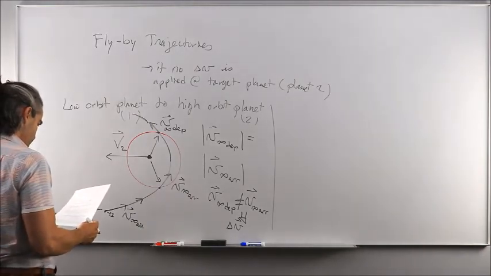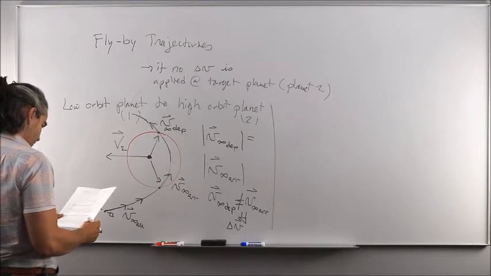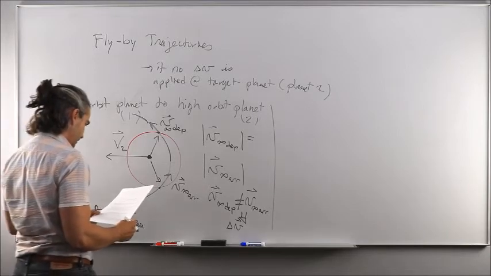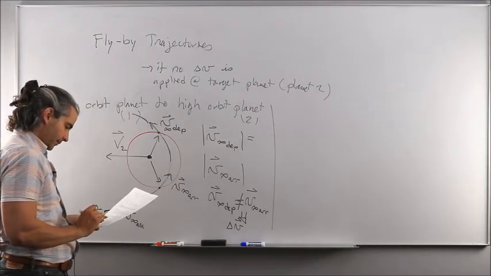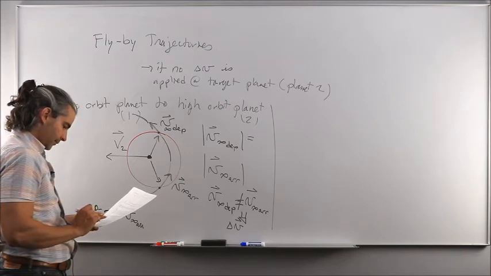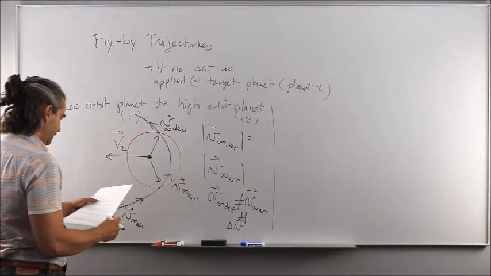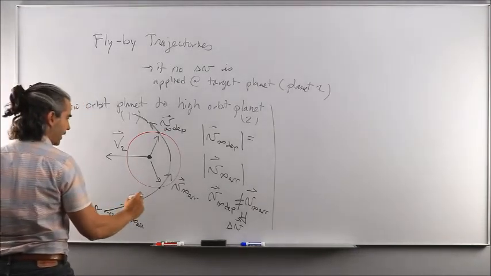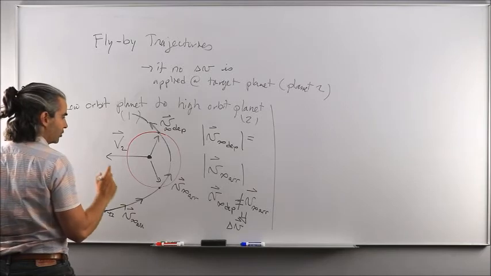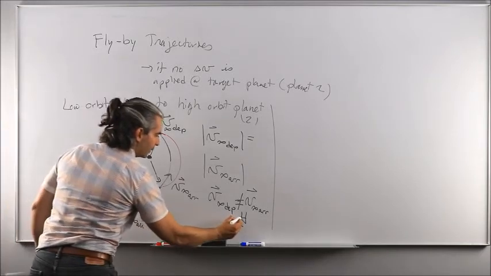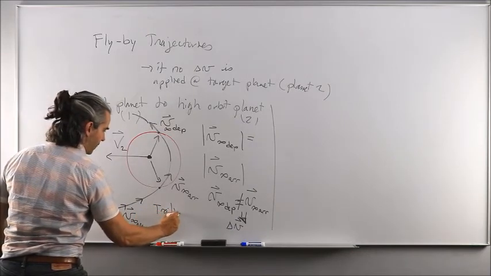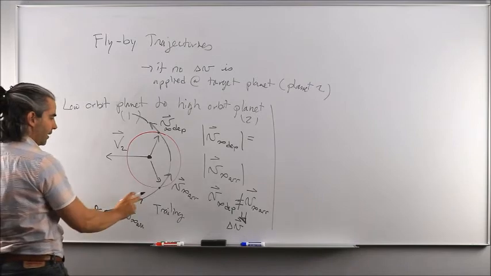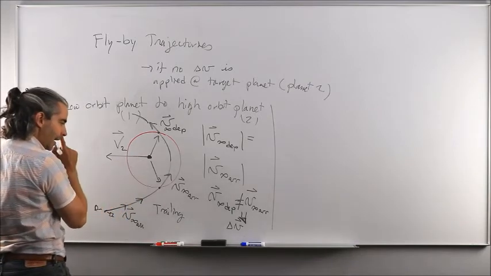Let me just, I'll mix up the terminology. If it's leading edge or trailing edge, I always get confused. Okay, so this is known as the trailing edge flyby trajectory. So whenever you get this situation that you have trailing edge, meaning that you arrive in the opposite direction in terms of velocity vector with respect to the planet,